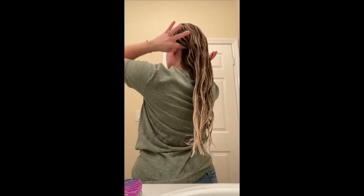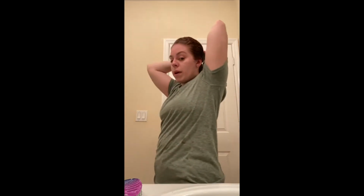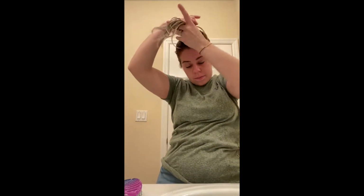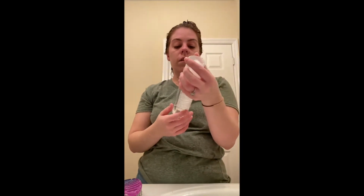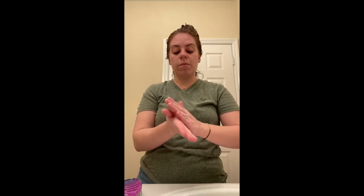So I'm gonna take first a small section, like this much. And then the rest of my hair, I'm just gonna clip it up and out of the way. My Giovanni Mousse Air Turbocharged Hairstyling Foam. This is like the best mousse ever. It's so weightless and it smells amazing. So I just did 2 pumps there. It was probably too much. I usually do 1, but